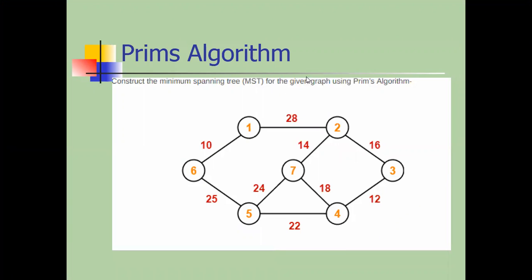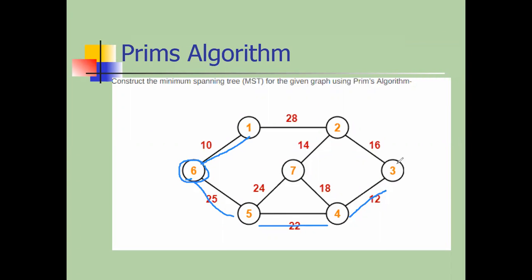We started from vertex 6. Okay, 6 is the starting node. Then 6 to 1 we are selecting as the first path, then 6 to 5. Why are we not jumping directly to another node? Because the rule of Prim's algorithm is that the node should be visited first, then we'll go to the next node. So 6 to 5, this path we are going to select, then 5 to 4 we are selecting, then 4 to 3 is minimum.